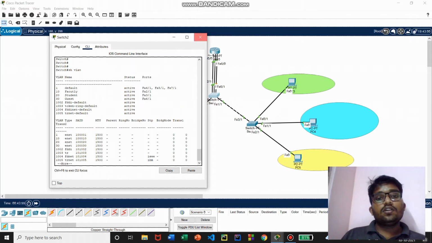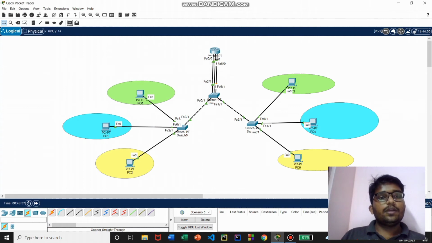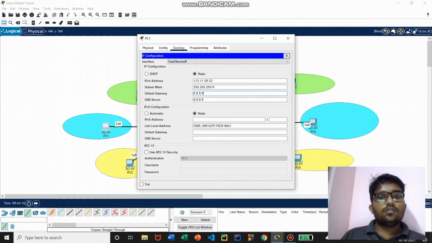Now we'll be able to ping between PCs across the VLAN. It is failed because I haven't set the gateways for the VLAN 20 and VLAN 30. So let me do that now. 172.17.20.254.